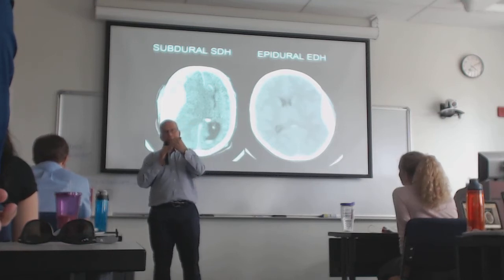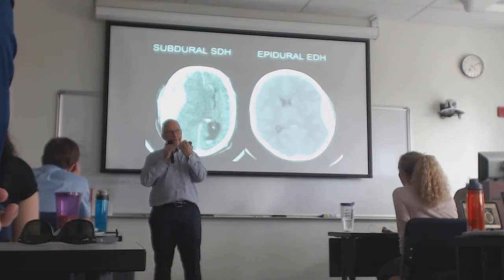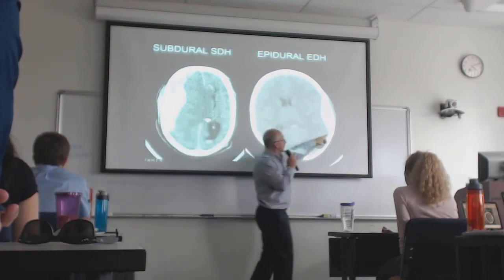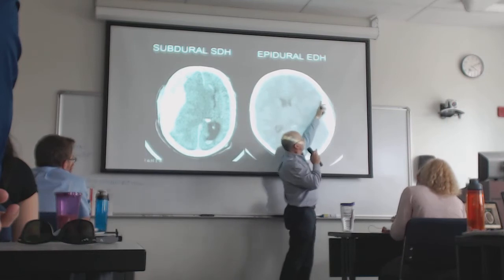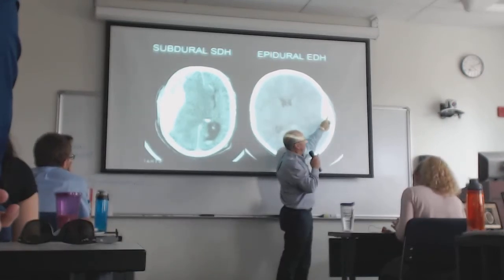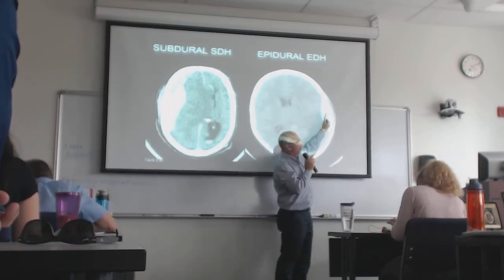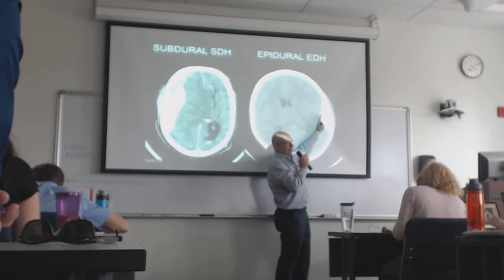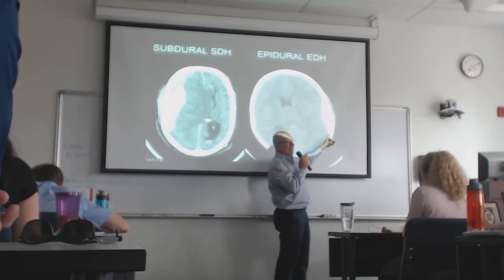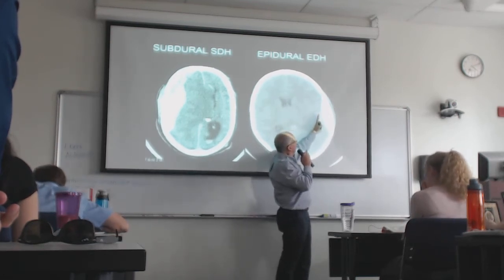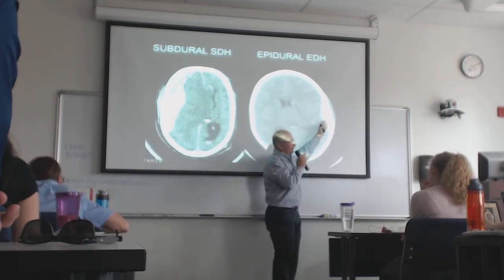So when the arterial blood is pumping in between the skull and the tough mother, it will give way, but it's attached to the sutures of the skull. And so it's not going to give way where it's attached to the sutures. So there's a suture here, and the tough mother is stuck up in there. And there's a suture here, and the tough mother is stuck up in there. But it's bleeding in here because the fracture is here. And the arterial blood is under arterial pressure. It's strong enough to push the tough mother away. But it's not strong enough to actually tear it out of the skull, which is where it's attached. So this thing gets bigger and bigger and bigger, and is obviously a danger.